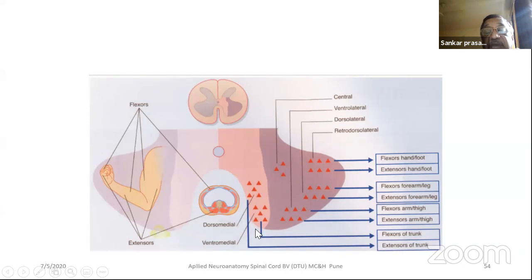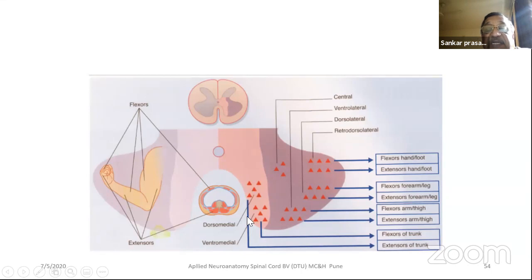Here motor also has got lamination, and you can see the outermost part of this is flexor, hand and foot, extensors, hand and foot. Then as you go towards the medial side, you get laminations that will innervate the axial muscles, and see central, ventrolateral, dorsolateral, retrodorsolateral. That's how they are described, and they are extensors of the trunk, flexors of the trunk,